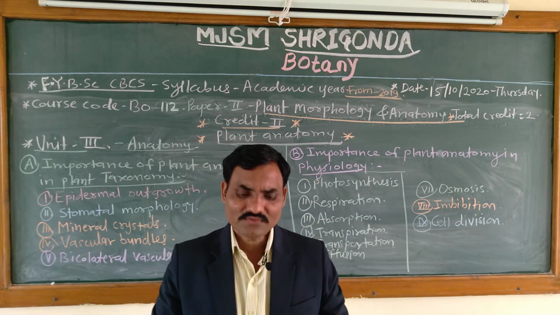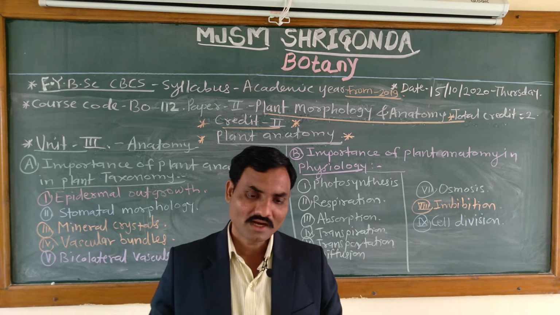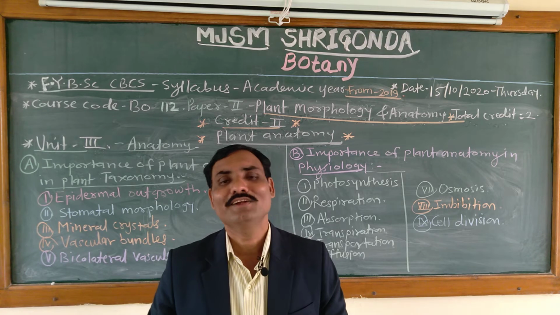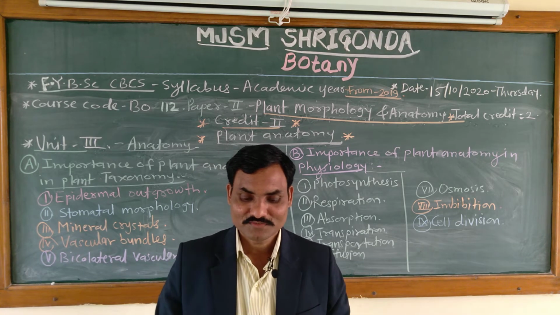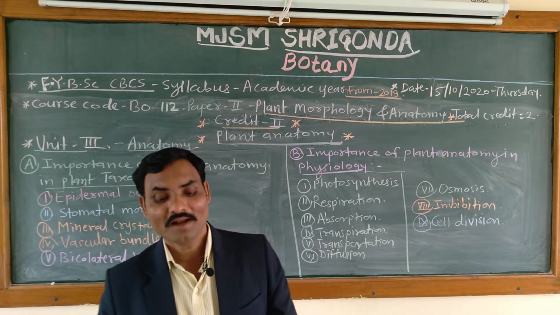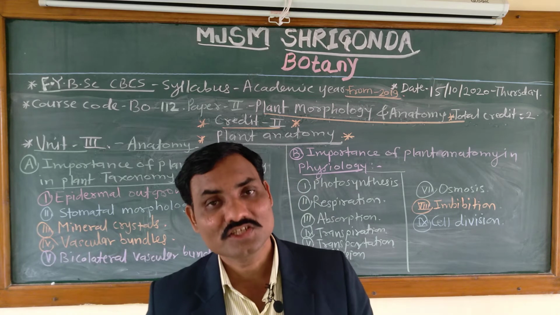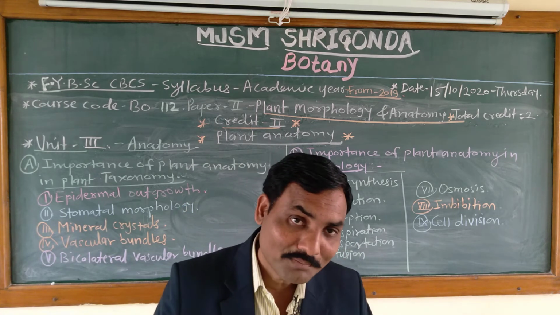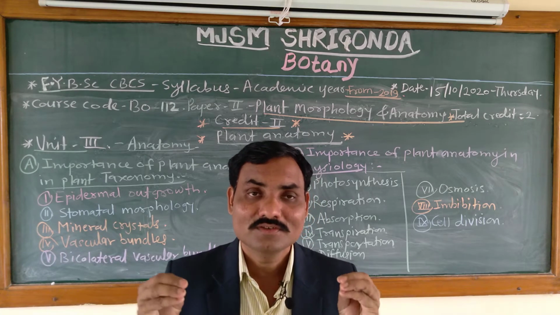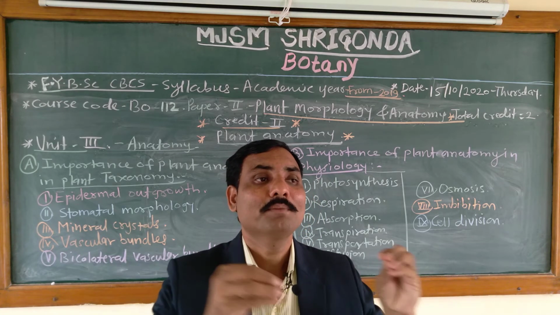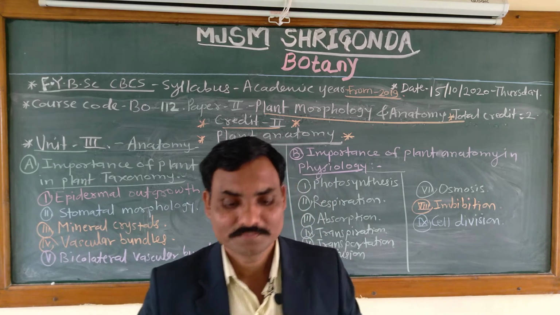then graminaceous stomata. In this way there are different types of stomata, and on the basis of these types of stomata the plants are identified or delimited on the basis of these characteristic features, and this helps in plant identification. Means on the basis of these stomatal characteristic features we can identify which type of plant this is, or these stomata are present in a particular type of plants, or particular genus, or particular families.